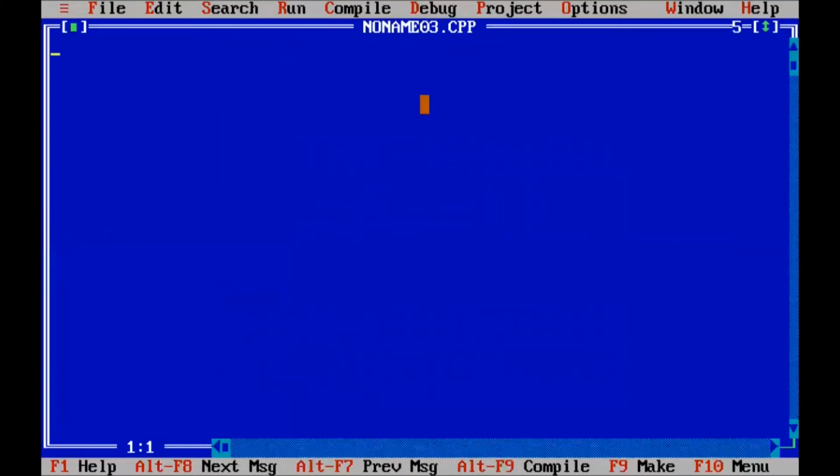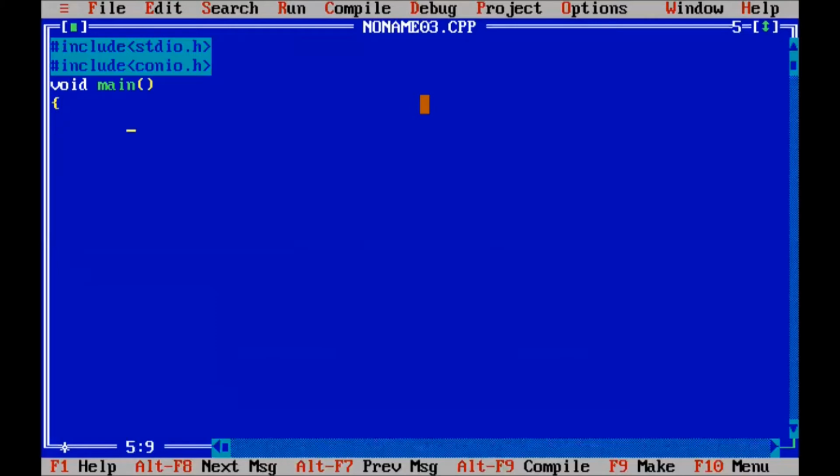Here we write the program of the if-else condition. #include stdio.h. We write a different header file as include conio.h. We write the void main function and open the body of the program.